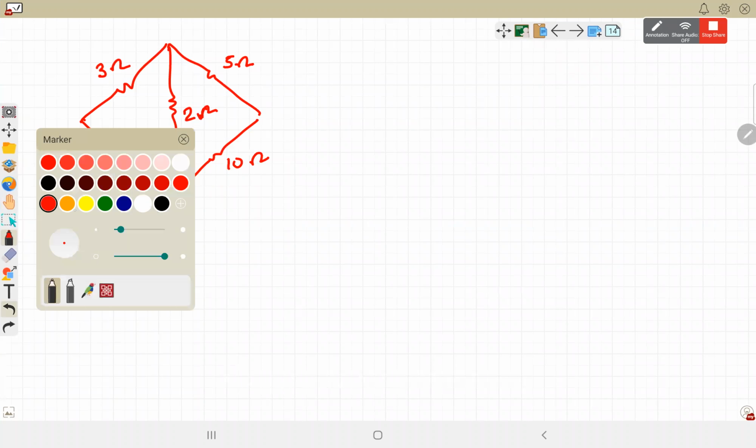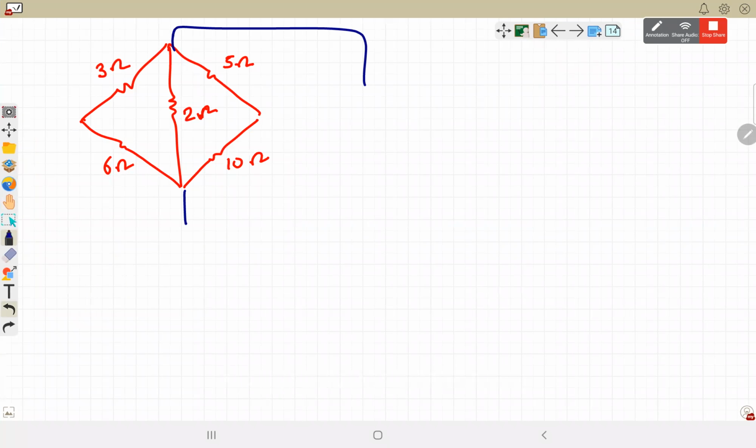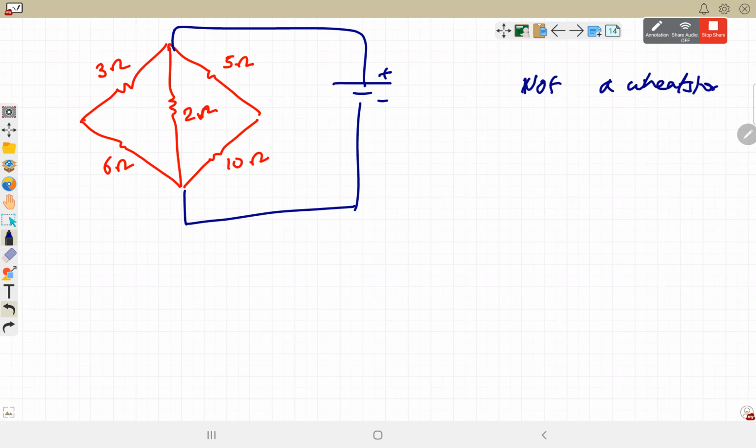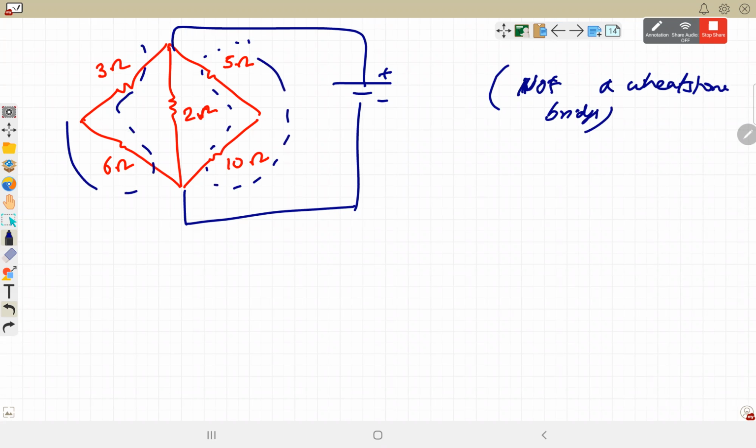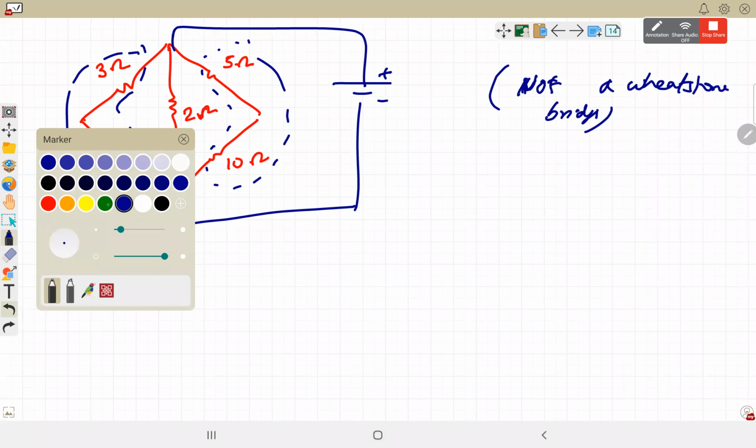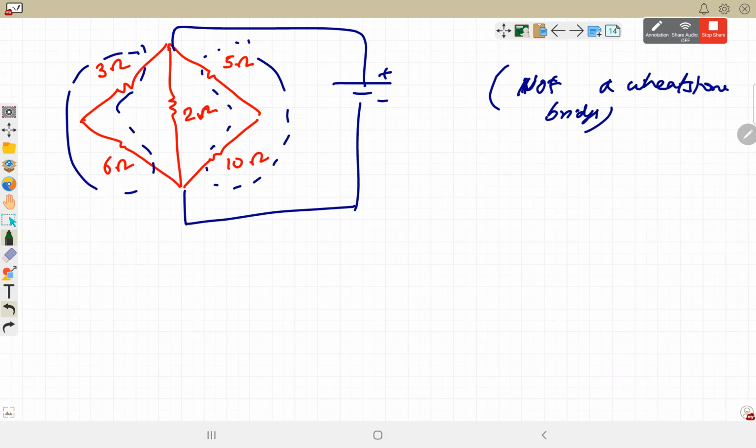Now, sometimes in the question, the battery is also connected between here. If battery is connected between here, this is not a Wheatstone bridge, because this resistor as well as battery both are connected in the same circuit. We will not solve it like this; we will directly treat 6 and 3 in series, 10 and 5 in series. This looks like it is in the Wheatstone bridge circuit, but it is not a Wheatstone bridge. Reason being, the battery and the diagonal both are in the same circuit. So if we change it like